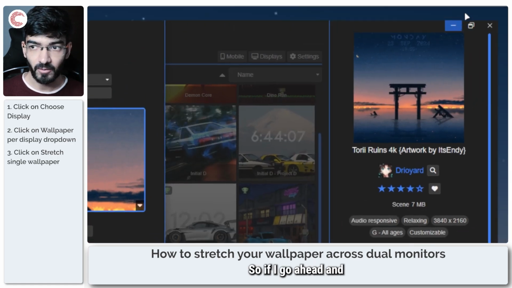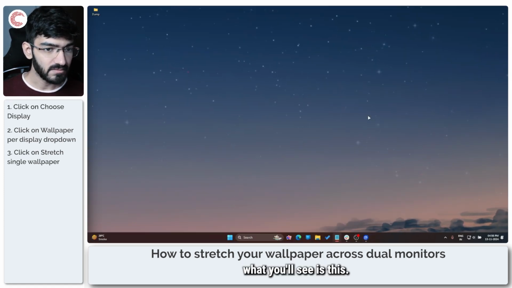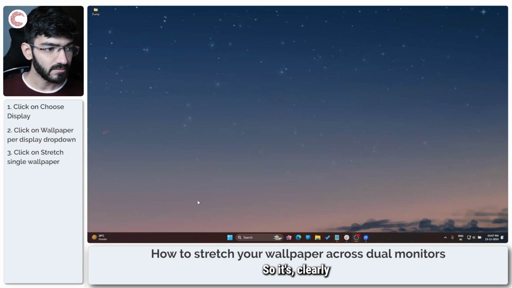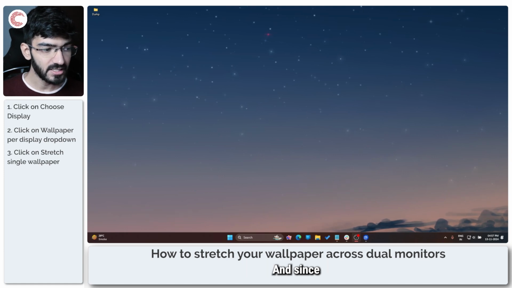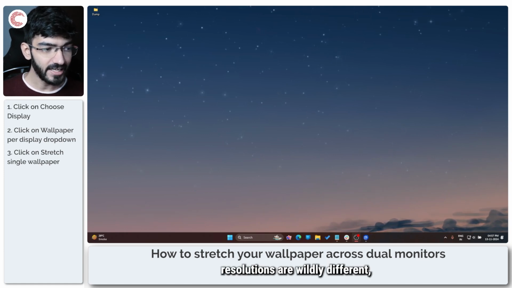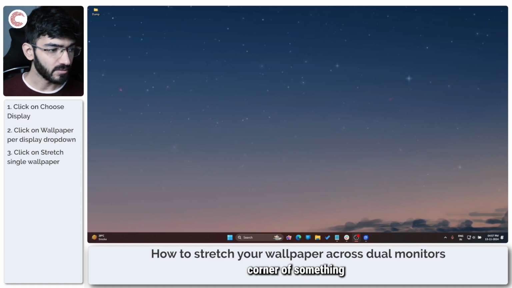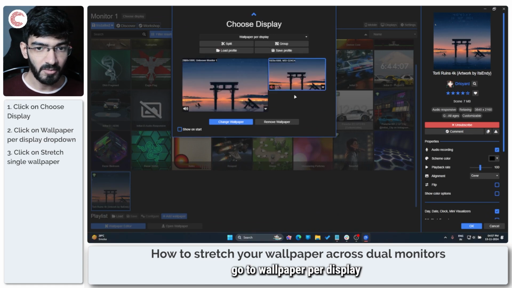So if I go ahead and minimize this right now, what you'll see is this. So it's clearly divided between two different monitors, and since the resolutions are wildly different, all I get to see is like the top right corner of something in my wallpaper, versus if I were to go to wallpaper per display,